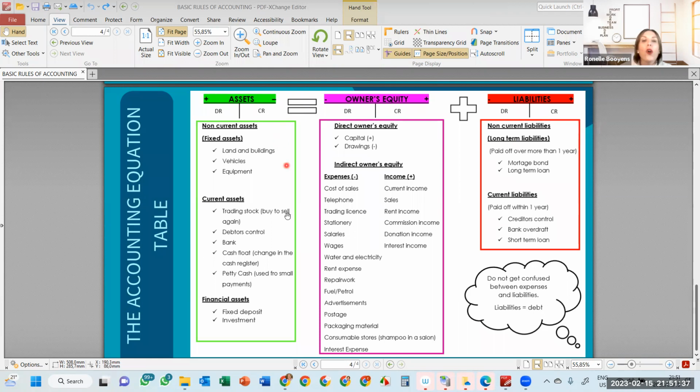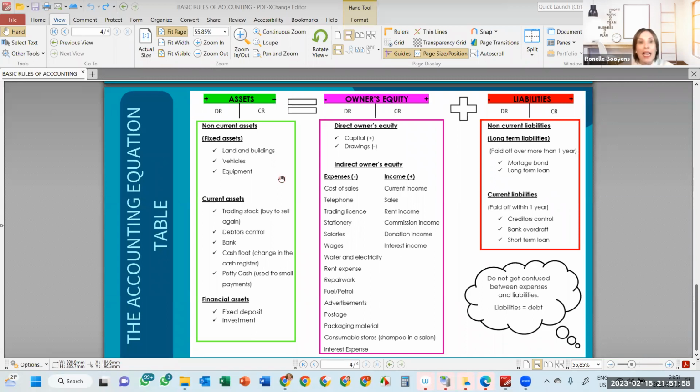Assets. What are assets? We've already determined a little bit on that: assets are things of value that the business has or owns. Remember, this is all business, right? We look at it from the business's perspective. Now, we basically have three types of assets.